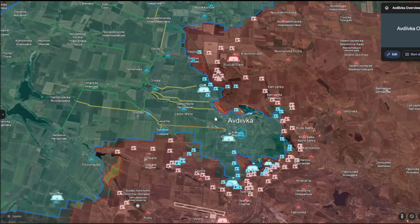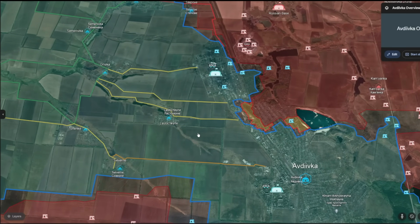There are both some similarities and some differences here between what was going on in the Bakhmut cauldron last year and what's going on now in Avdiivka. In Bakhmut, there were only two roads leading into the city, and at one point, Russian troops were within half a mile of both roads, probably closer than that, honestly. But it is important to note that the geography of that area was filled with hills, and both roads were for the most part shielded from Russian view and direct fire. At times the Russians had managed to cross the northern route, but the Ukrainians had pushed them back over the crest of the hill,